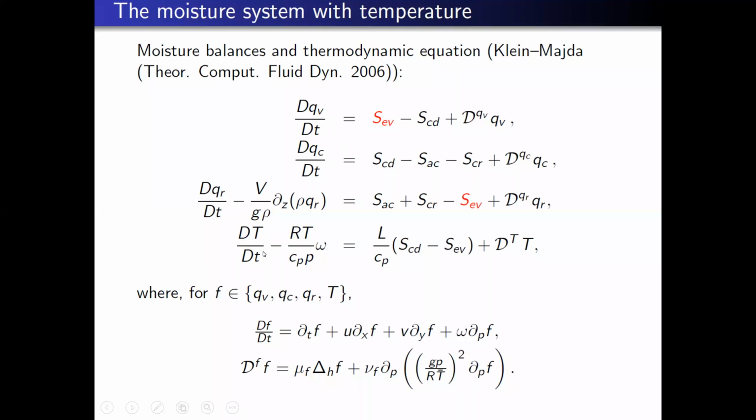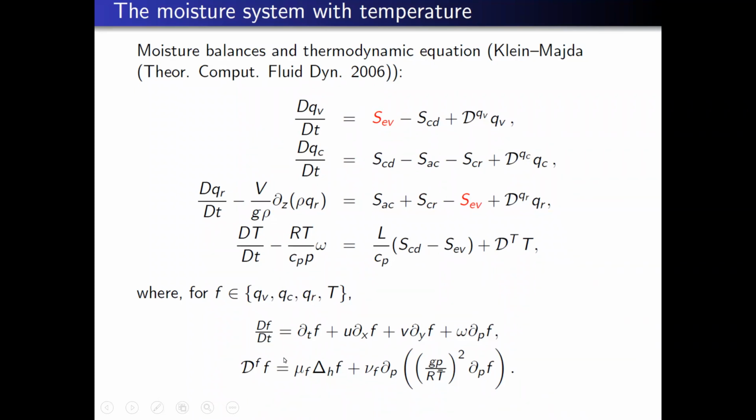And these are, as I said, the sources. And this is the temperature equation. Again, it is transported, plus there is something coming from the rain part. This is the omega, coming down, and this is the right-hand side, which is again the source for the temperature. I said when things condense, you release heat, therefore the temperature increases, and when you evaporate, you take heat. So that's why this is with a minus sign. Okay, so this is the model for the temperature.